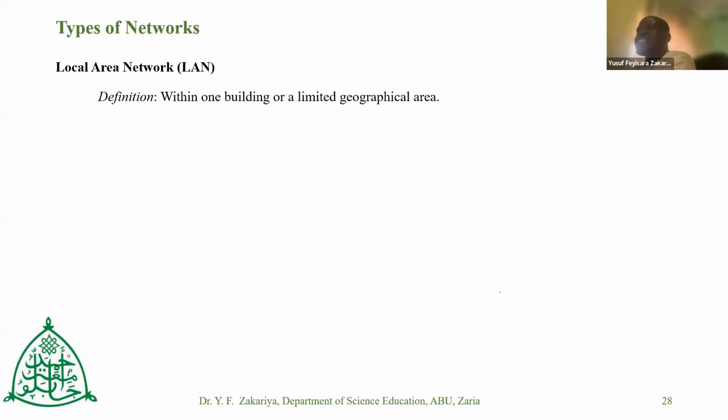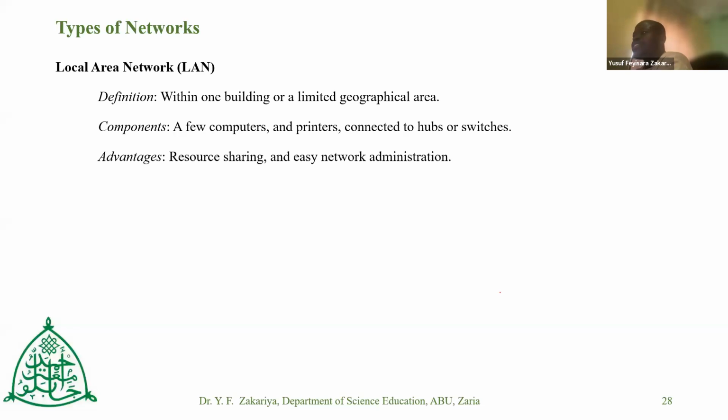Like from one person's system, they will just send to the printer. They have a single printer that all of them are using. So from anybody's system in the bank, they can send any document to the printer. They just go to the printer and pick it up because they have networked their computers to that particular printer. This is a kind of local area network. Then a few computers can be networked, and even printers connected to a hub or switches.